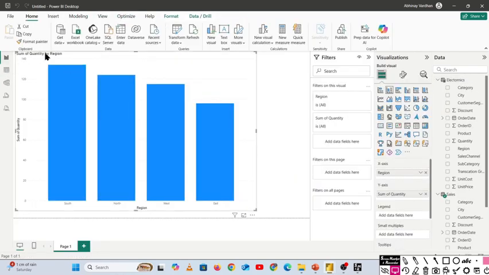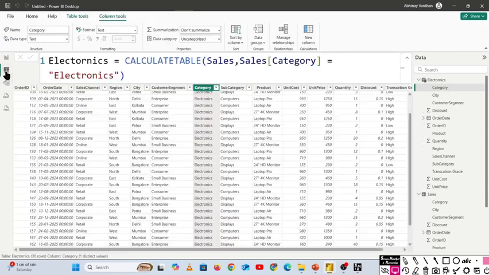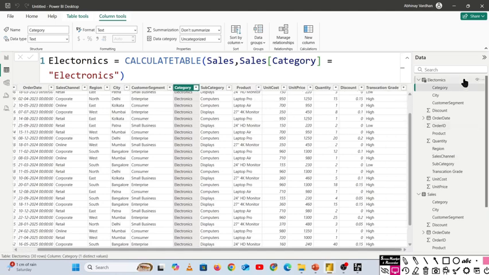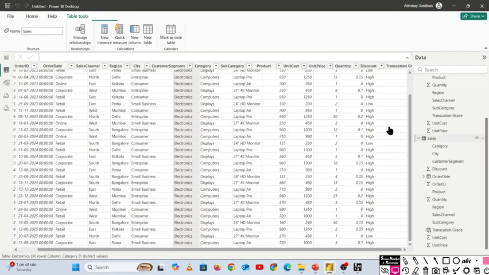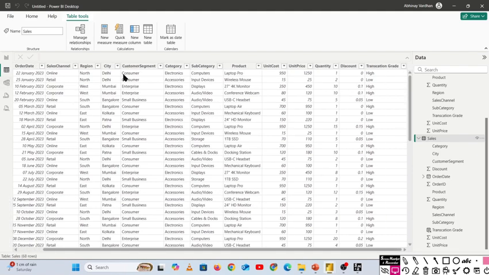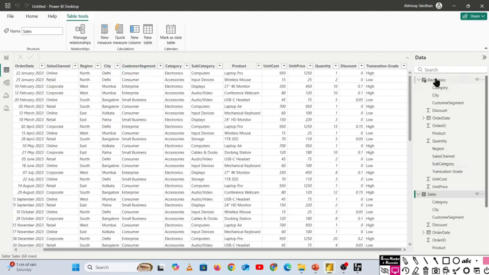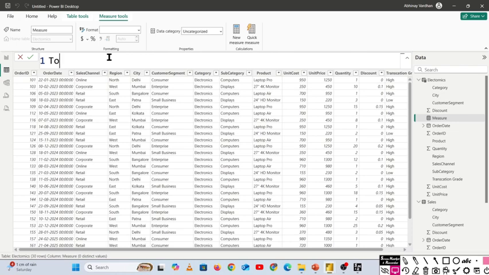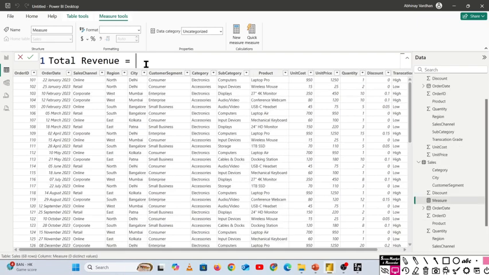Now the most important part of our DAX is measures. I'll first show it and then I'll define what is the difference between these three and when are these three useful. So now I've got the transaction grade, I have isolated the electronics table, and now I want to see the total revenue for each and every sales or orders. So I click on new measure here, or you can also right click here and get new measure. So if I say new measure, I want to first calculate the total revenue